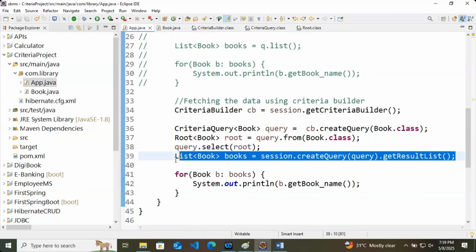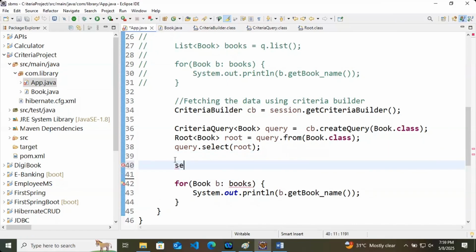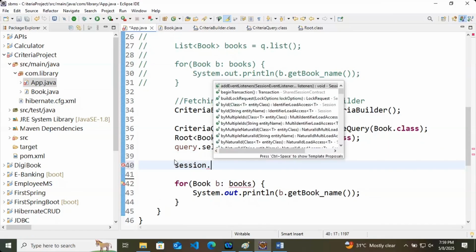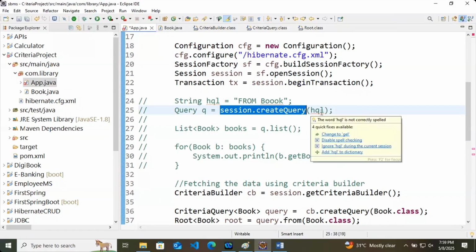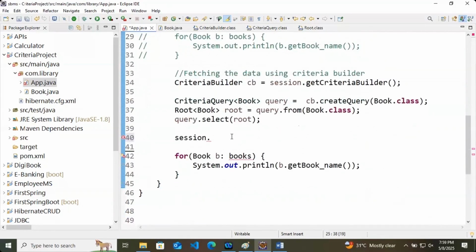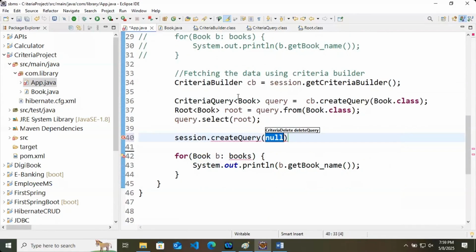let's say now what we are doing here, at last session will fetch your data. So to my session, last time I was saying session dot create query, and I was passing the string HQL. This time I am not passing HQL, but the method is still the same. So session dot create query. This time I will be passing the criteria query, that is inside this query variable, like this.